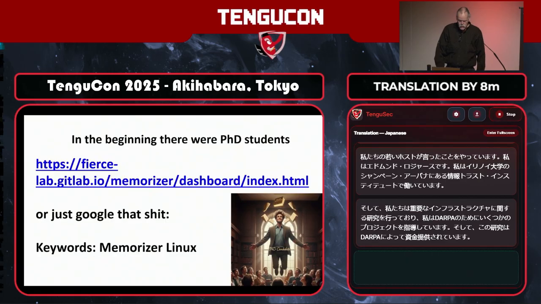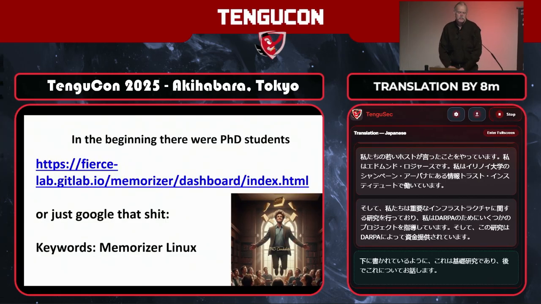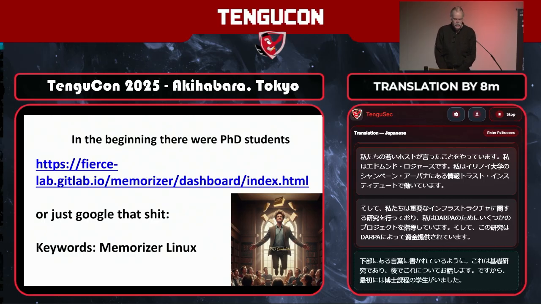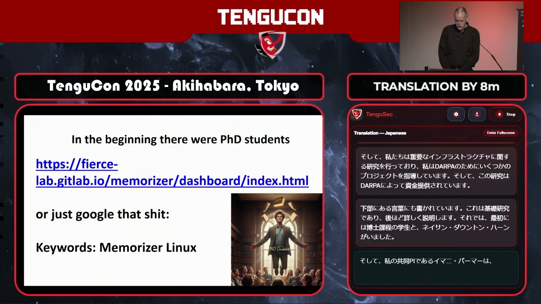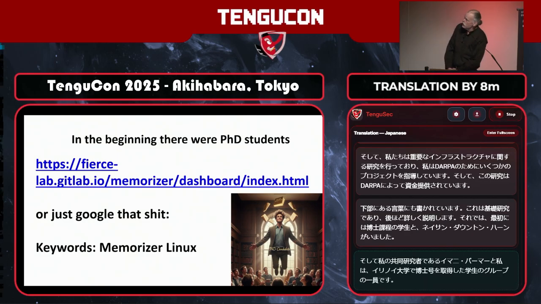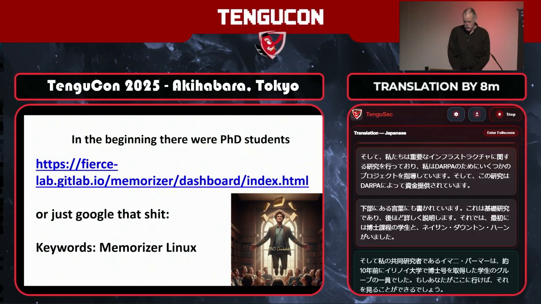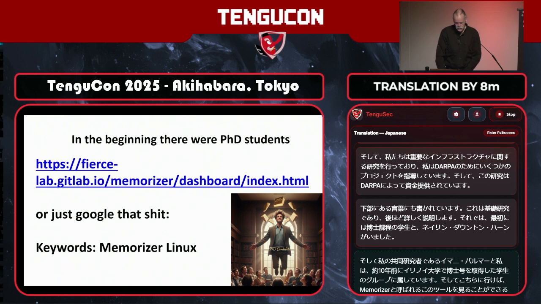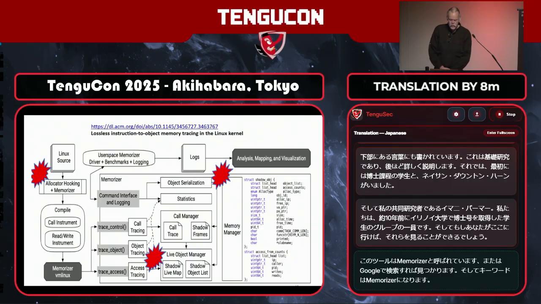So in the beginning, there were PhD students. Nathan Dautenhahn and Imani Palmer, who's my co-PI, were among a group of students that got PhDs at the University of Illinois about a decade ago. And if you were to go here, you could see this tool called Memorizer, or you can just Google it. The keywords would be Memorizer and Linux. And from the paper that's linked up above, you can see this idea about